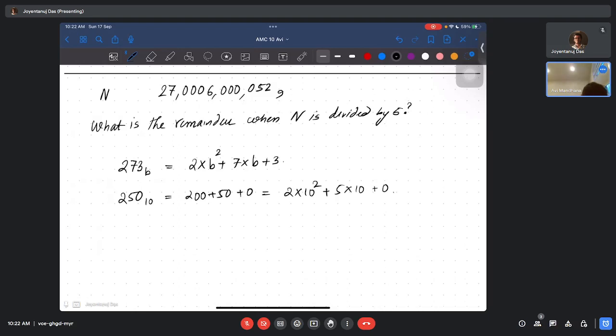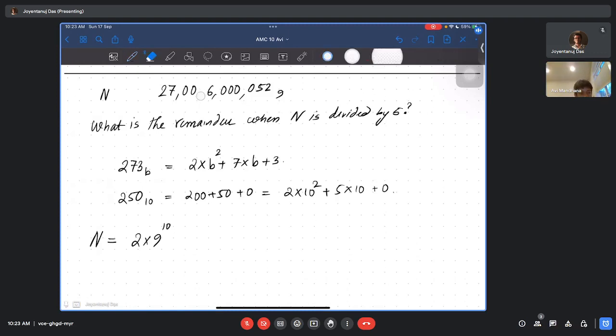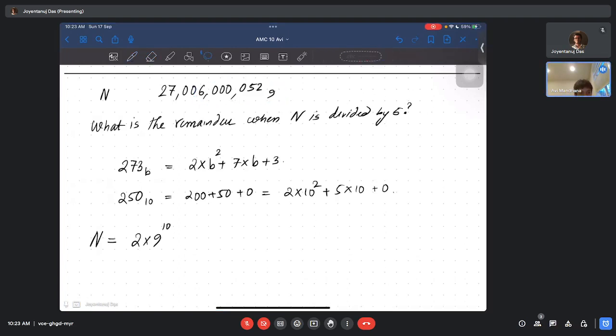So it'd be 2 times 9 to the 11. No, 9 power 10, right? Oh, sorry, there is one zero less. Yes, you are correct. Now you can do it. 2 times 9 to the power of 10, plus 7 times 9 to the power of 9,